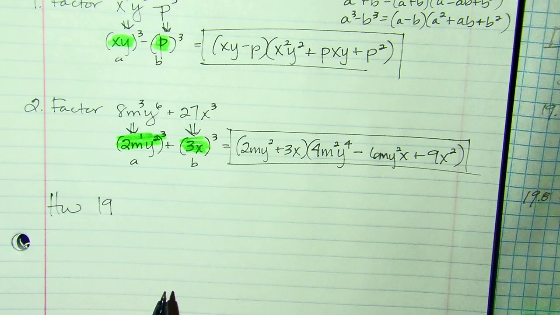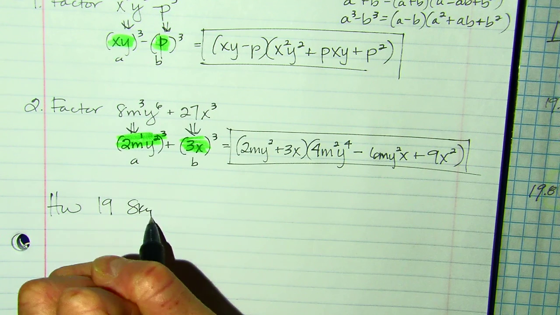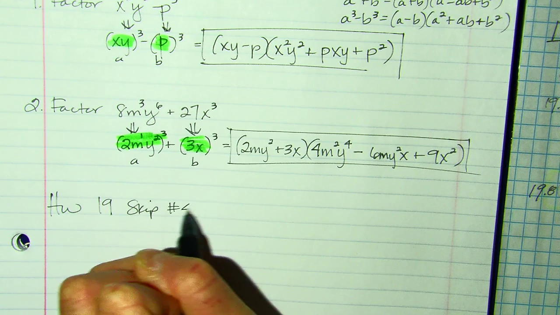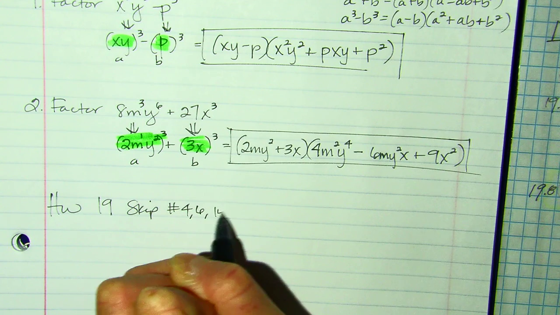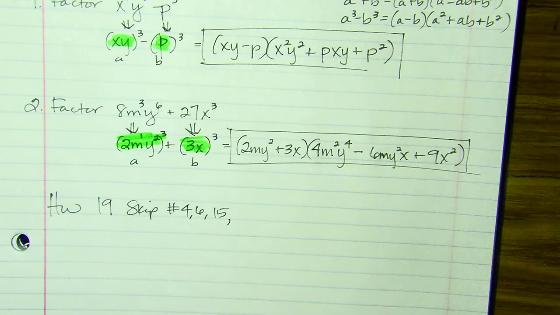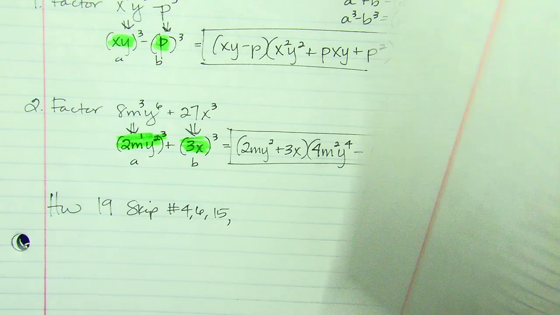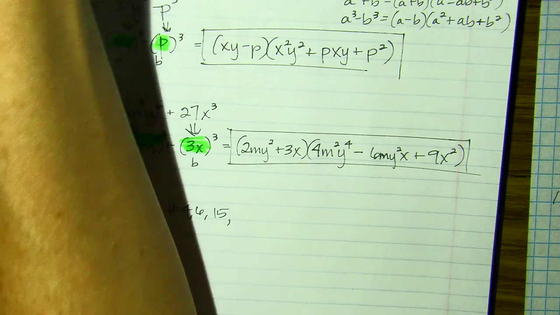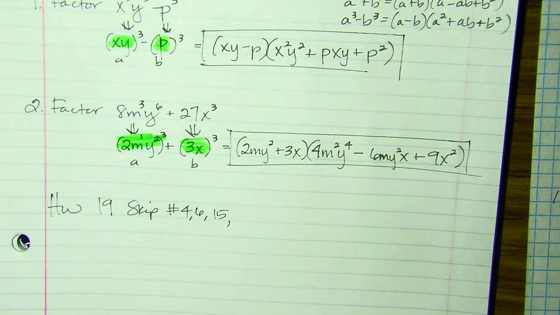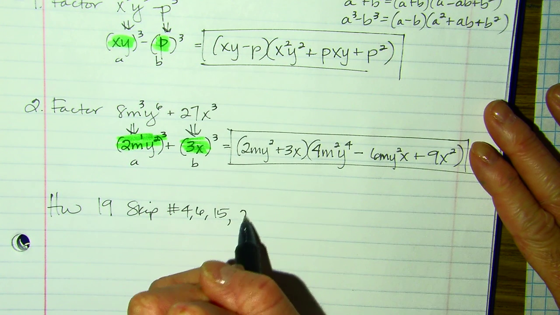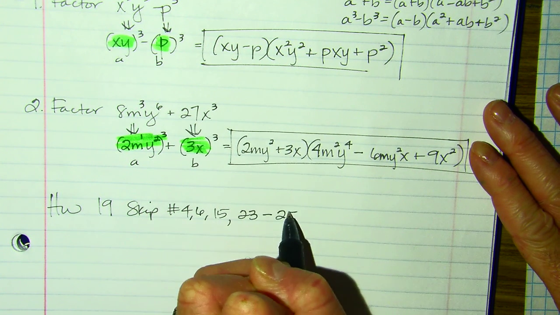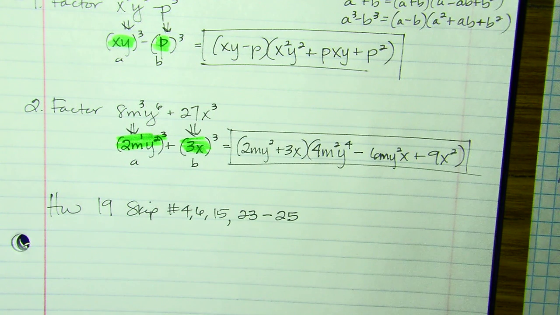So homework 19, you're going to skip numbers 4, 6, 15. Did I skip 19? Hold on. No. And 23 through 25. So I do take 6 problems off, and we are